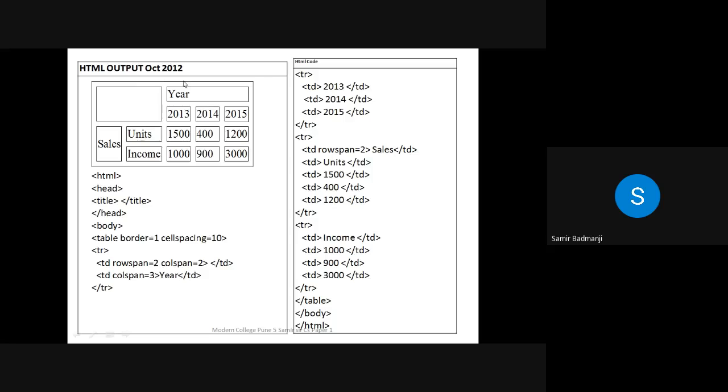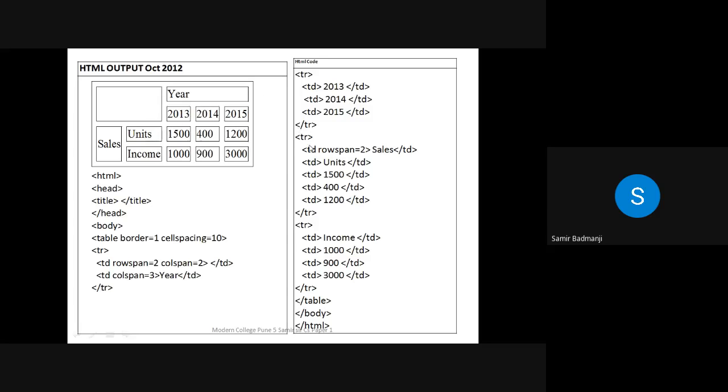See, always for writing the table, go from the left to the right, row complete, then go to the next row, then go to the next row, which will consist of sales, units, and this one, and then the last row. Now see, first row is what? Rowspan, colspan, then year. Row is complete. Then the new row, which will consist of 13, 14, 15.